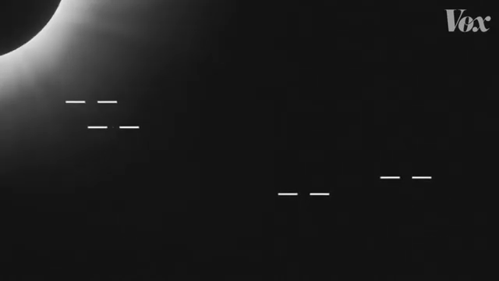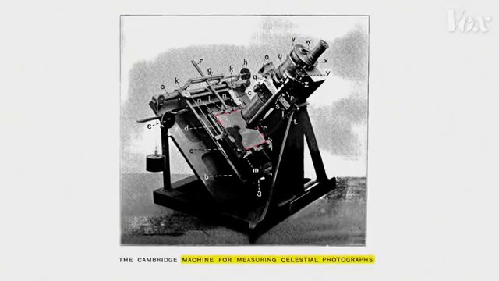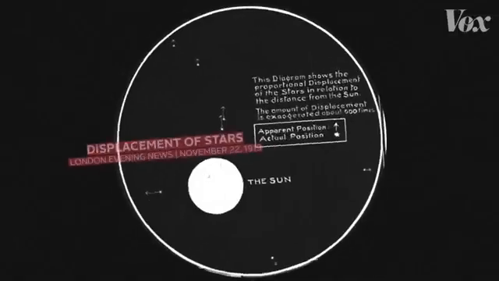Back in England, Eddington compared the position of the stars from the eclipse plate with another of the night sky, using a machine that can take measurements within photos at the microscopic level. The comparison revealed that the stars had